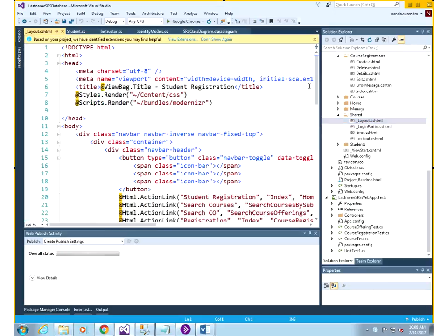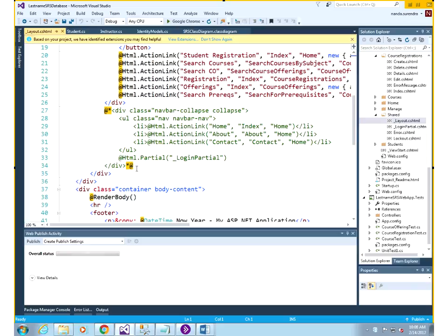It's in the layout, which references this login. So if you go into layout, if you had done what I did, which was to comment out this segment here, you don't necessarily want to uncomment everything, but where it says partial, login partial, it calls this